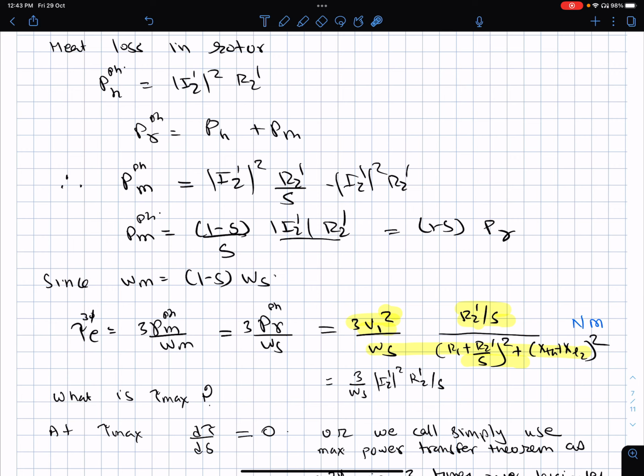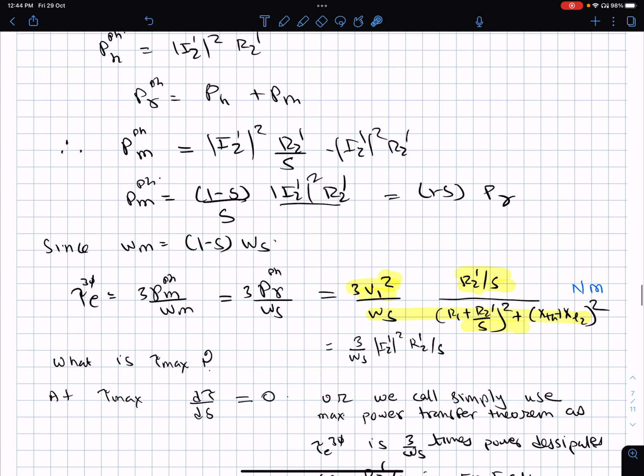But then this one here, I2' square R2' by s, this is also the power which is transferred to the rotor. So the power transferred to the rotor multiplied by 1 minus s is the power which is used for mechanical work done. And now, if you look at the fact that in steady state the rotor was rotating at omega m, which is 1 minus s omega s, then basically the 1 minus s Pr divided by 1 minus s omega s is